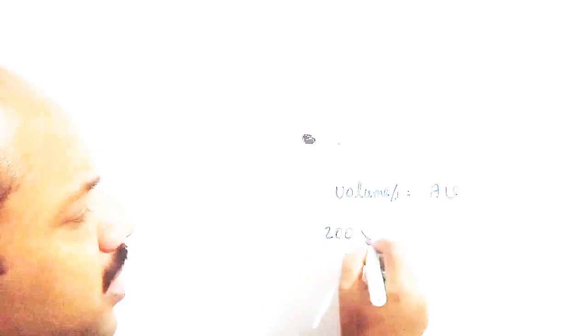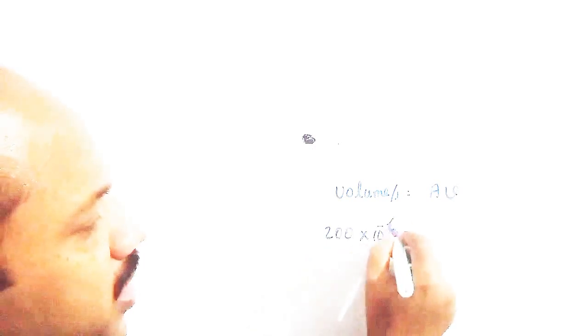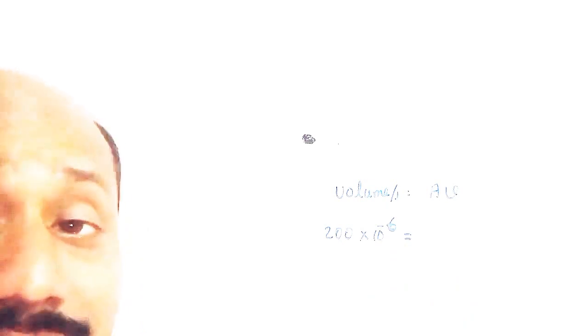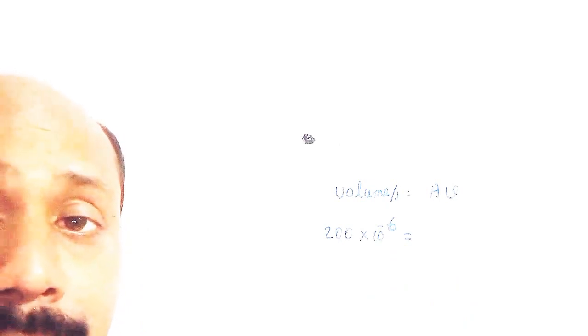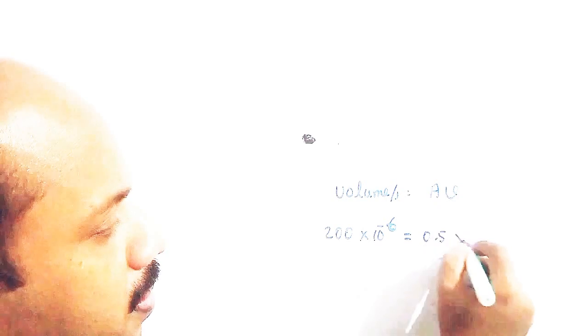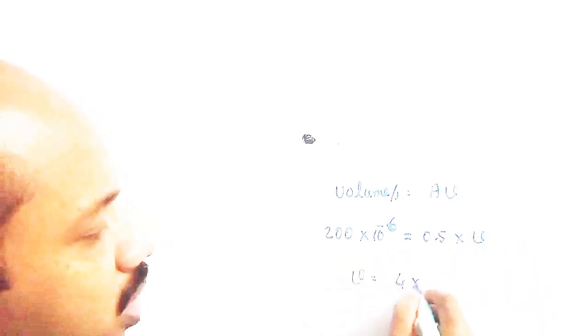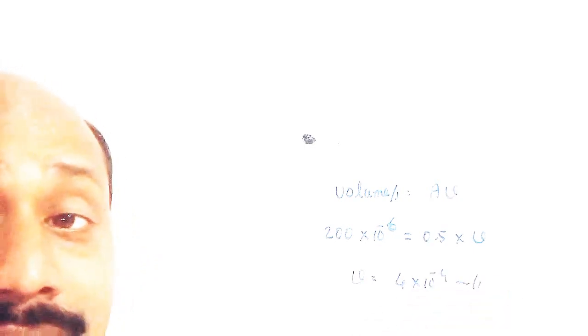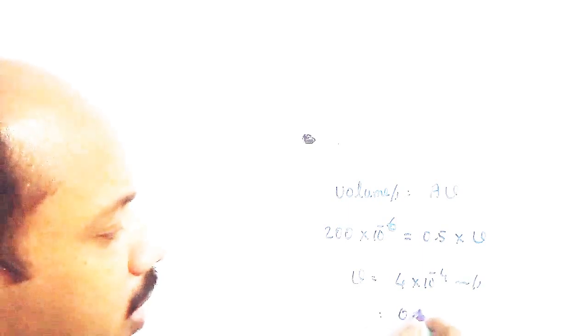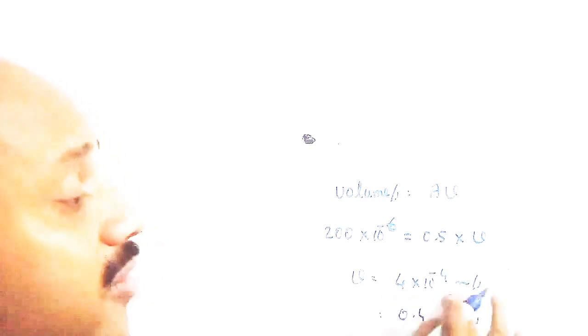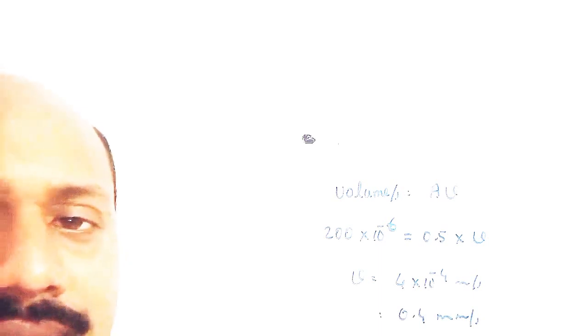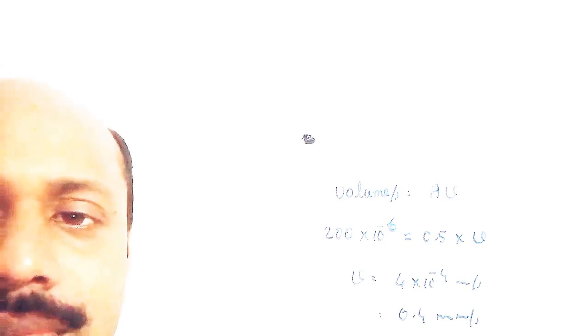Yes. Now they have given the volume per second as 200 centimeter cube per second, right? Better to convert it into meter cube, that is 200 into 10 raised to minus 2 cube, that is 200 into 10 raised to minus 6. That is equal to the area of cross section 0.5 into 10 raised to minus 4 meter square into V. Now V is equal to how much? 200 divided by 0.5, that is 400, that is 4 into 10 raised to minus 4 meter per second. In millimeter per second it is what? 0.4 into 10 raised to minus 3, so the answer is 0.4 millimeter per second, right?